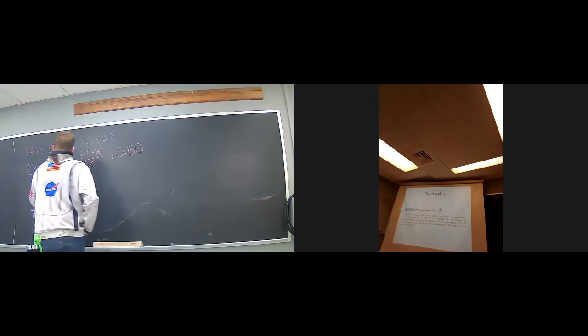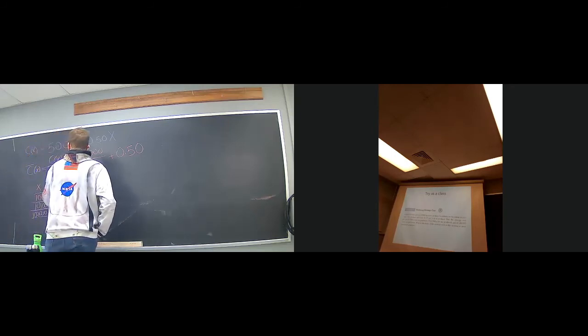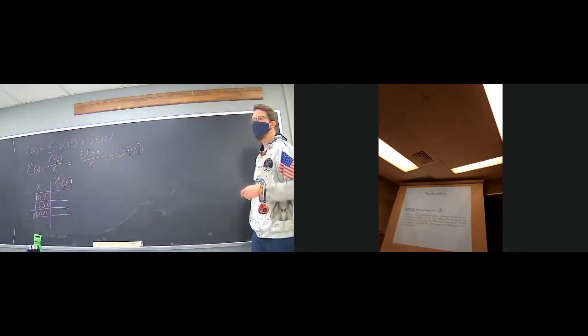They want us to say, all right, x is equal to 1,000, 10,000, 100,000. What is the average C of x? I'm going to say we're going to skip this and go to that in a second. Before we do,